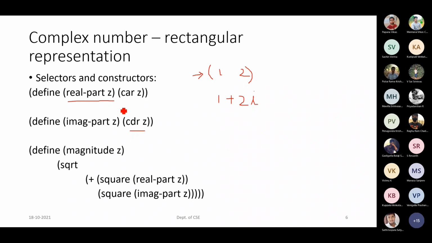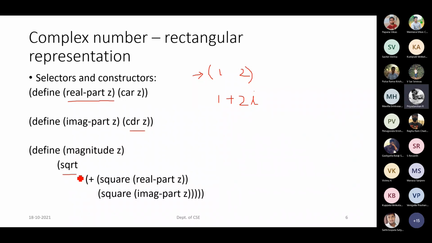Now, if it is in the rectangular form and you have to apply this multiplication operation, then we will be calling this magnitude procedure. So we have to apply the conversion formula. What was the formula? It was nothing but square root of x square plus y square. The same thing I have applied here. We have already defined the square root procedure, so directly using it.